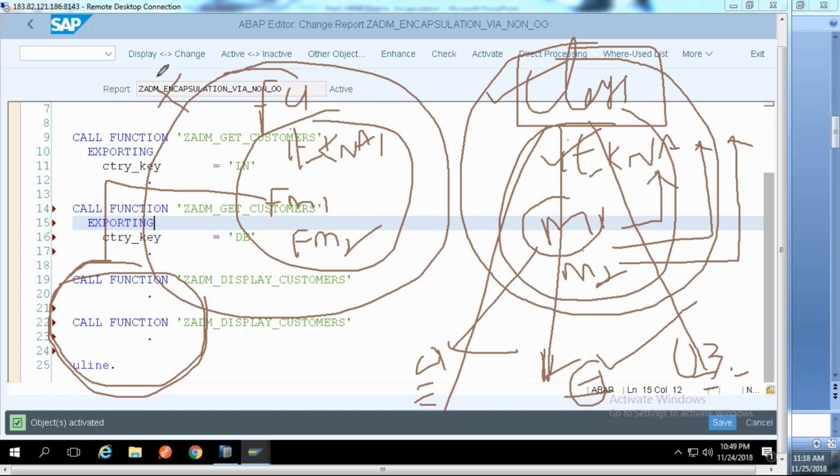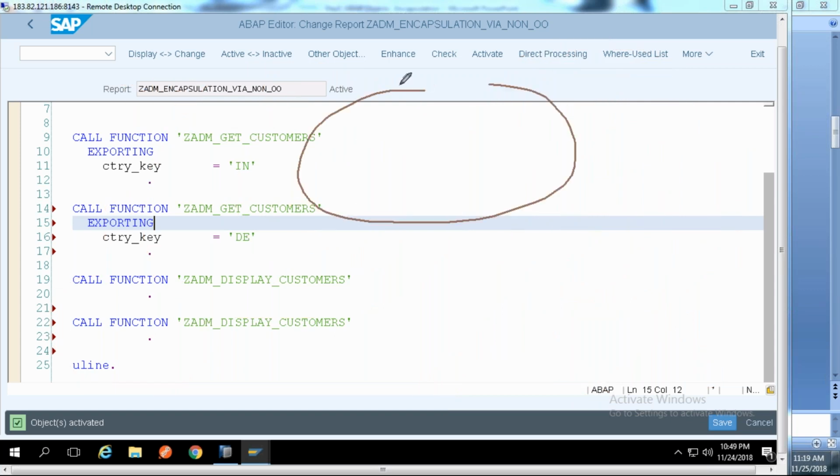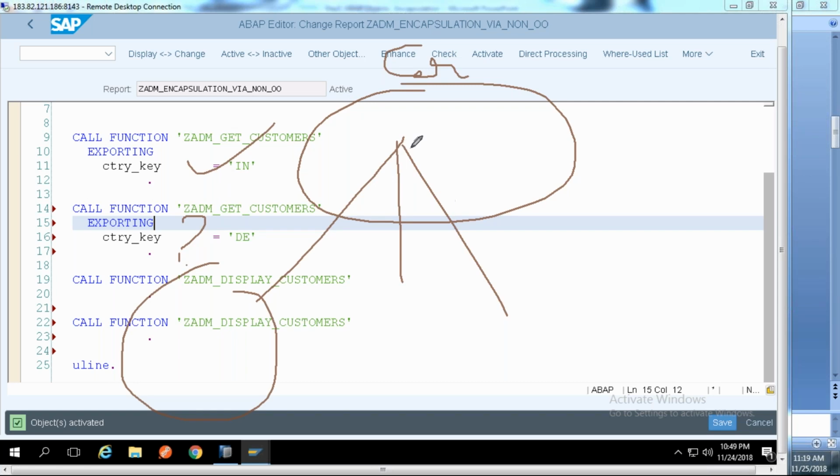Yes, this is the major limitation with the non-object oriented. That means you can define a blueprint, but from the blueprint we can have only one object, guys. We cannot have multiple copies. That means you spend your time to design a car, but you can have only one car from this. As long as you are working with only one car, nothing is wrong. But when you are looking for multiple cars of the same type, which is not possible in the function group,